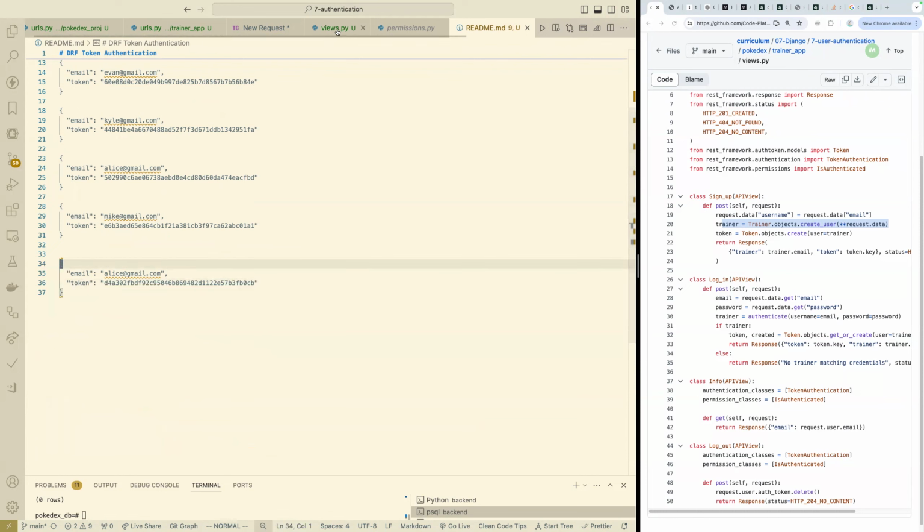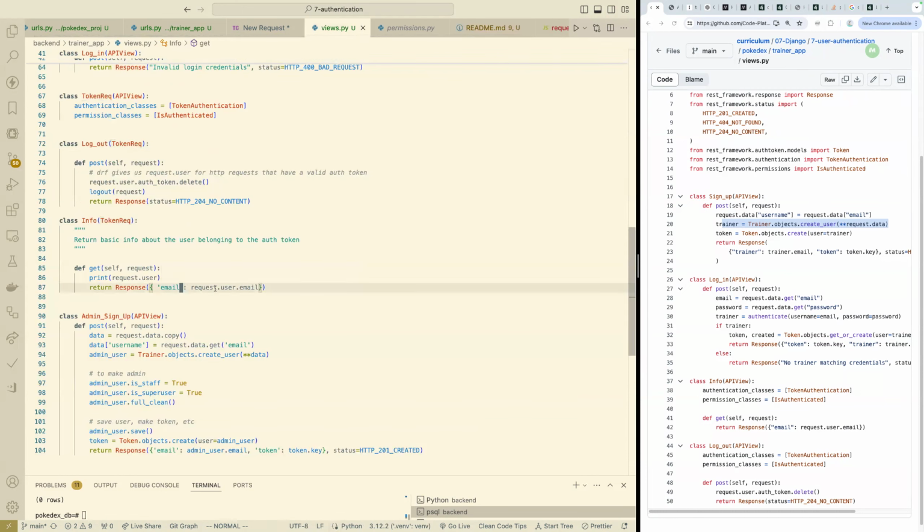And I should have added actually to the info endpoint, like if they're logged in or not. That would be kind of cool to see. Though there's actually, I guess, not a lot of value, because if you're not logged in, you won't see stuff. But so this logout endpoint,